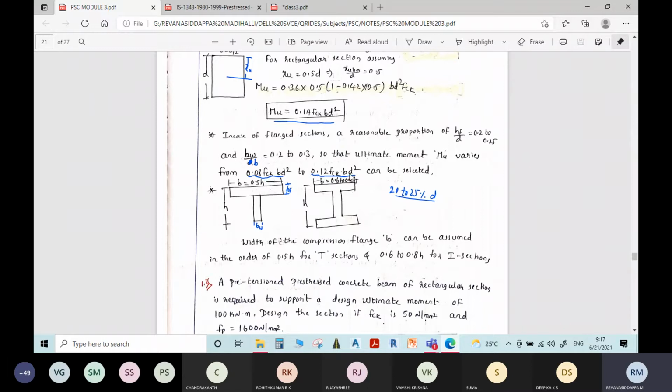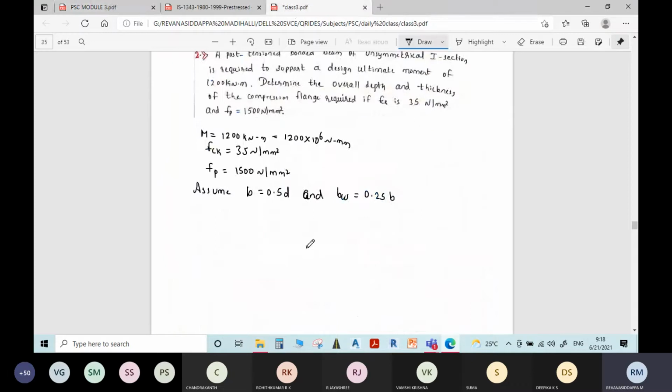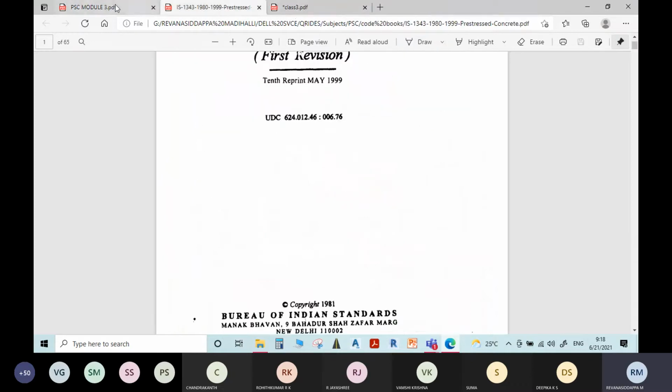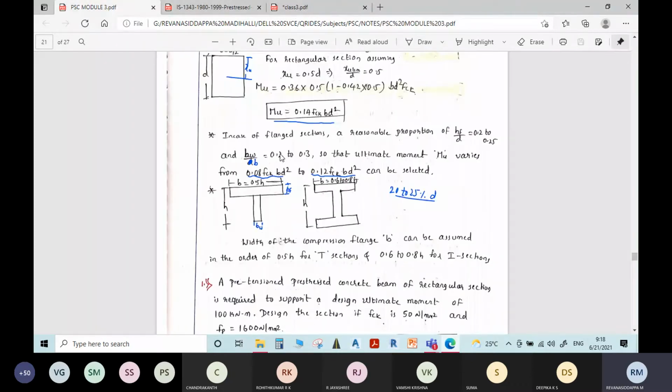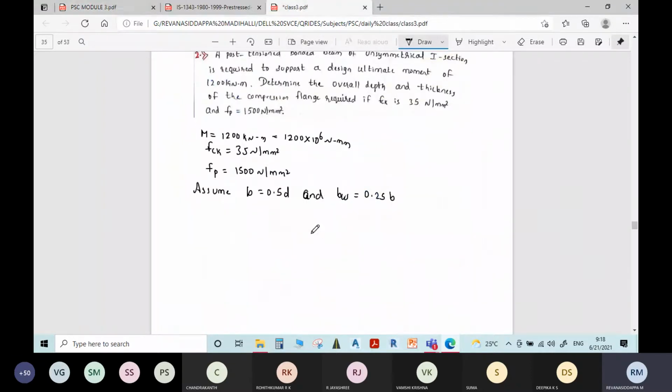For 0.2 it will be 0.08 FCK BD square. For 0.3 it will be 0.12 FCK BD square. So we have assumed 0.25, so here also it will be in between these two values, that is 0.10 FCK BD square. So as I have assumed 0.25 here, the formula for moment will be,